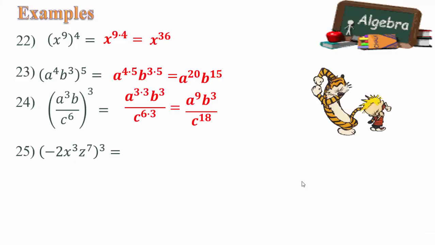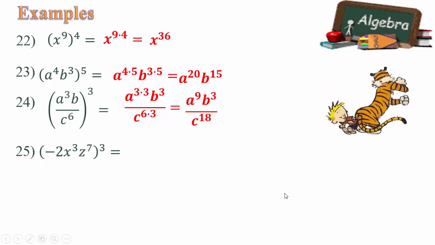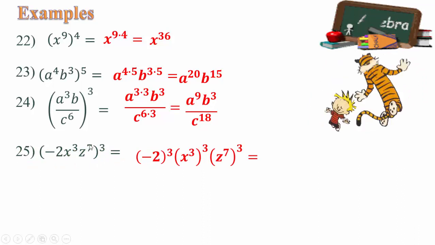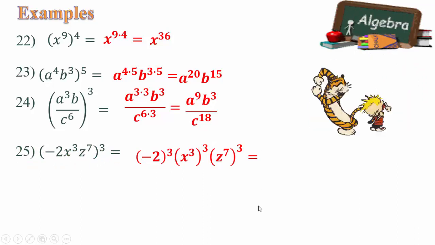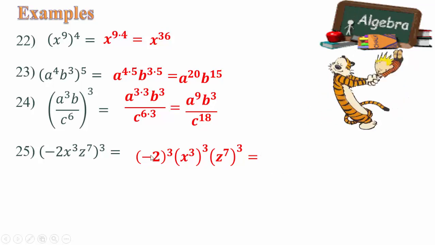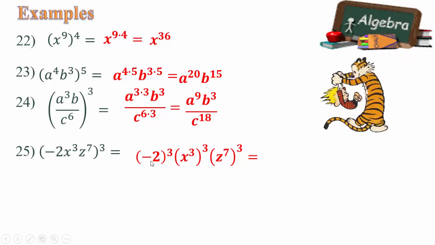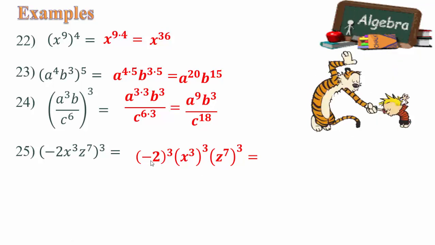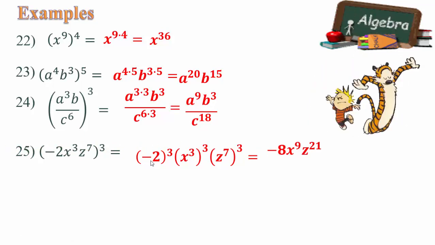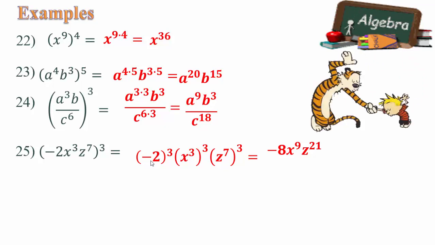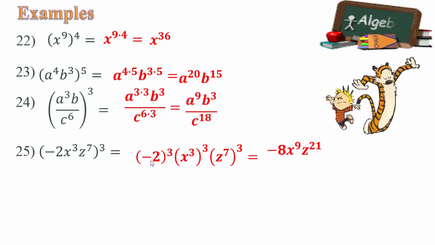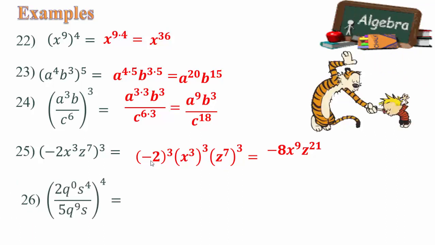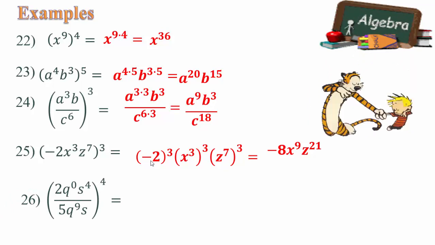In reviewing what we just did on the whiteboard in example number 25, here I have the negative 2 to the third power. Then I did the x's, the z's, all of these to the third power. And then I worked each one of these out. Remember, negative 2 times negative 2 is positive 4, and then positive 4 times negative 2 will give us the negative 8. And then, of course, the x is 3 times 3 is 9, and the z is 7 times 3, which is 21. In example number 26, here we have something a bit more complicated,